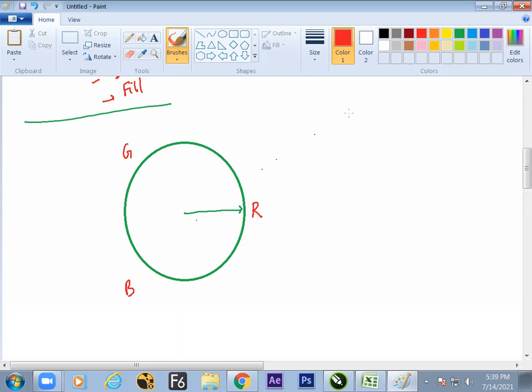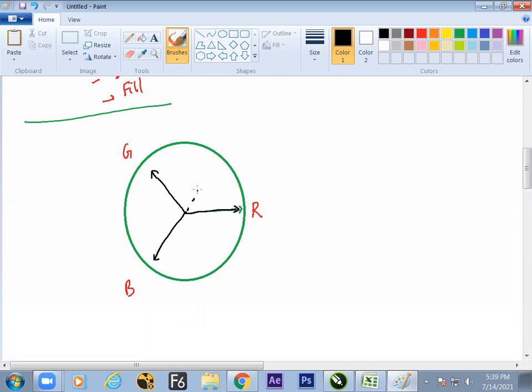Blue stands over here. This is the RGB color theory. It takes a little time to understand, and sometimes it is boring also, but you can find it out. How does the color come there? It is because of this theory.